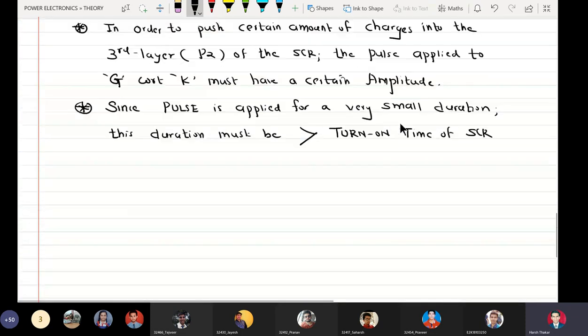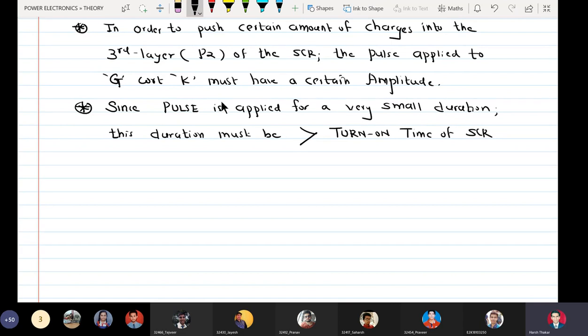All of you know that be it any semiconductor device, even a MOSFET or a BJT or even a diode, all semiconductor devices exhibit a non-zero turn on and a non-zero turn off time. All of us know that. We have heard this, we have studied this, we have even seen this also, right? So every semiconductor device takes some time to turn on and takes some time to turn off.